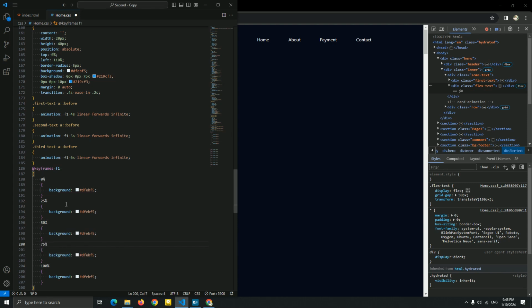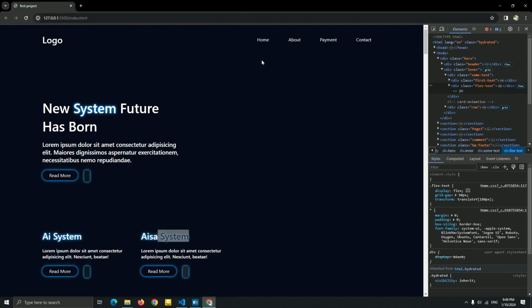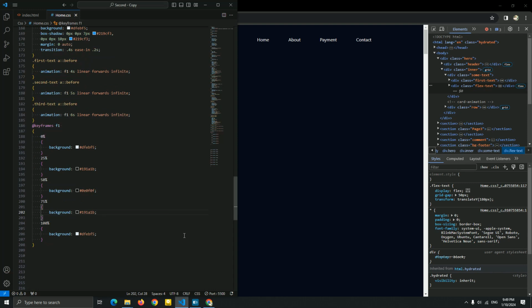So I'm just gonna change this background to be a black color. So for this background of the 25%, I'm gonna add this color, guys. Okay, and for this 50%, I want it to be black completely, not completely, but yeah. So, and just copy this, paste it. So this is our animation. As you can see it, guys, not a bad animation, but just to have a simple animation.